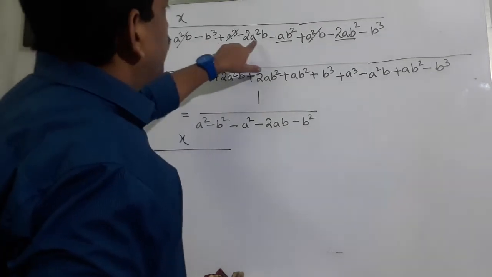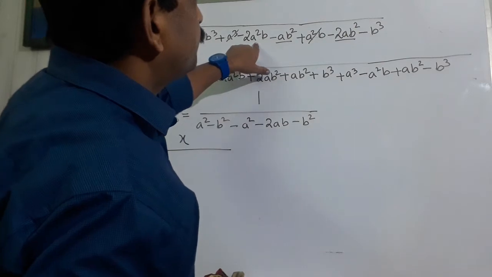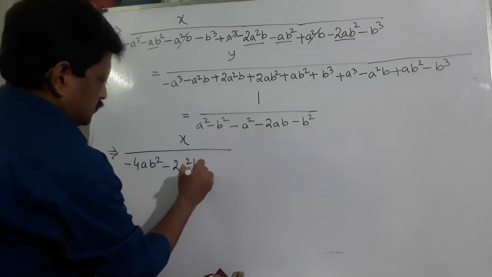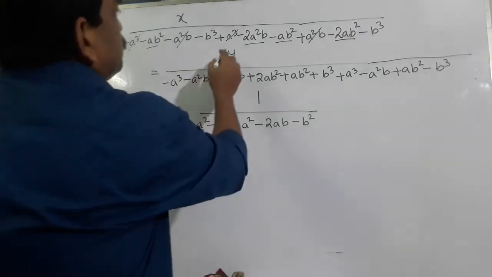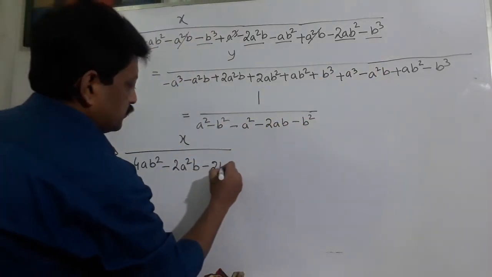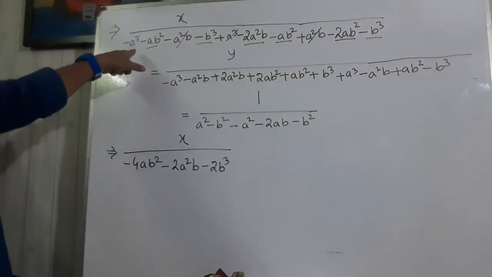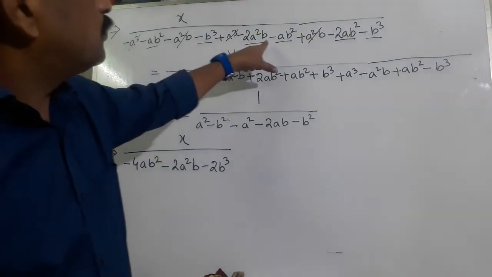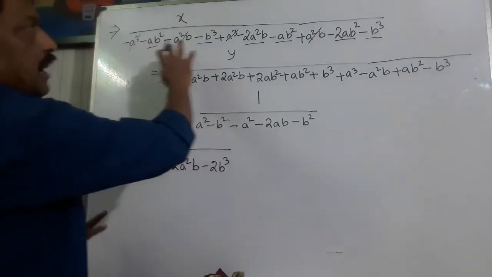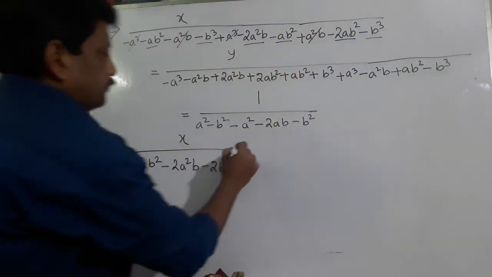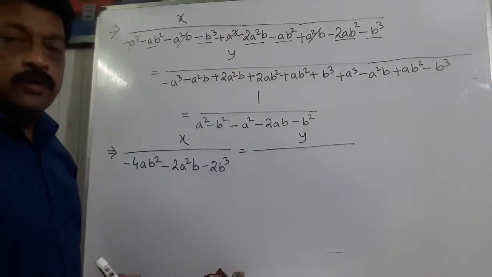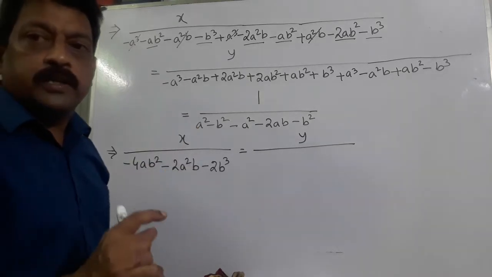Then minus 2a square b. Okay, only minus 2a square b. Minus b cube and minus b cube, minus 2b cube. So all the terms are finished. Have a closed loop. Yes, whenever you do this after calculation, have a very closed loop, because if there is one mistake slipping out, then it is very tough to locate that mistake.